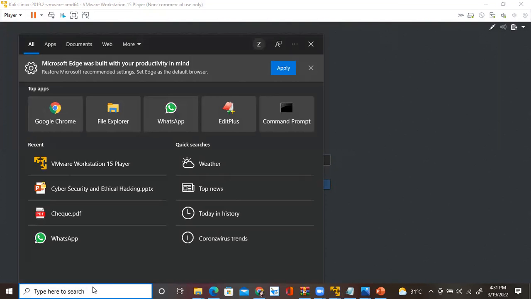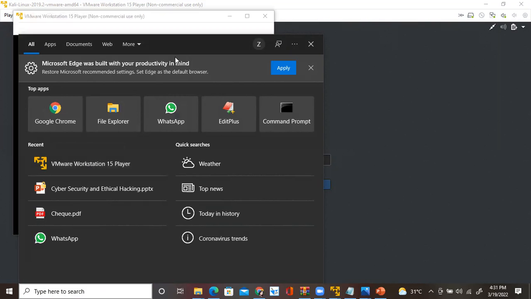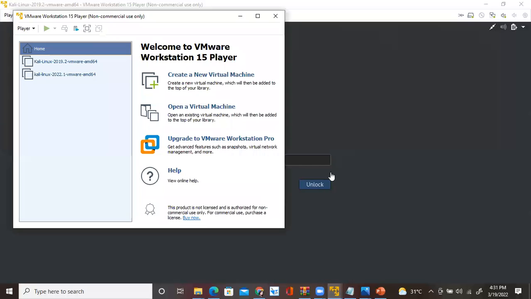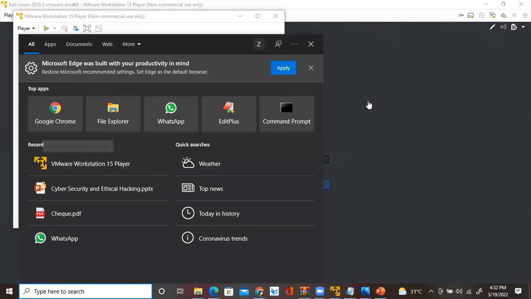So after installing Kali Linux and VMware, we will now start to look at how we can actually use Kali Linux in VMware, the virtual machine, and use some commands, etc. So for today, we are going to use some basic Linux commands, and we will learn how to use them in Kali. So right now, if you see, I just went to my start menu, opened VMware, and